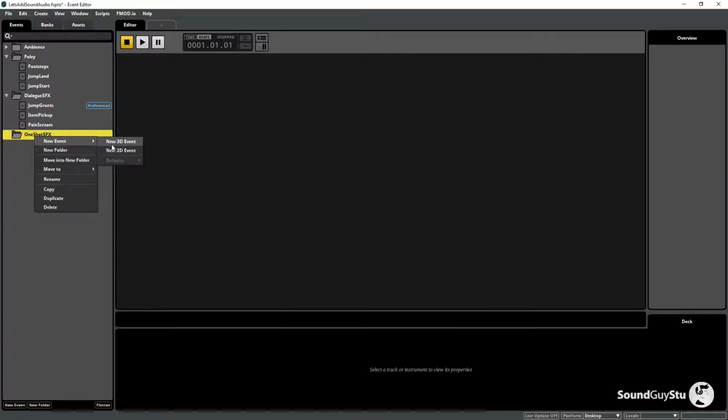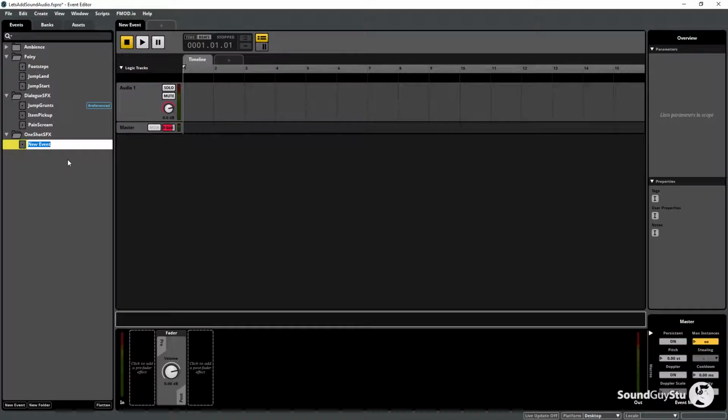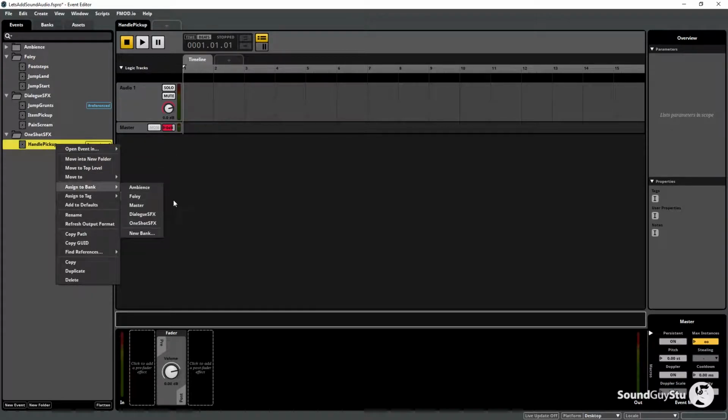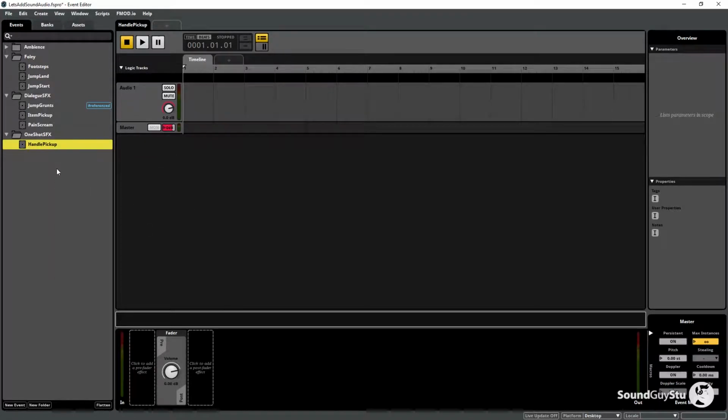And a new 2D event, and we're going to call this one handle pickup, and this will be for picking up the detonator handle. So handle pickup, assign to the bank one shot sound effect,